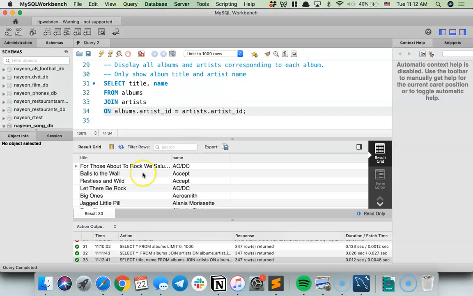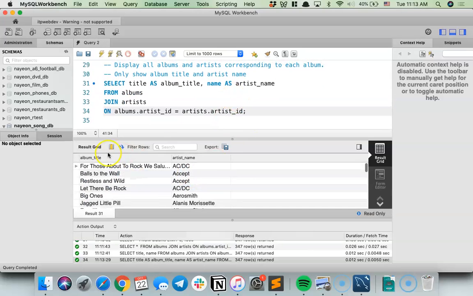Okay. And aliasing comes in kind of handy here, because now what does this column say? This column says title and then name, which is kind of generic, and title is a little bit confusing next to name. These columns aren't very descriptive. So this is where aliasing comes in handy. To alias anything, I just write the keyword AS. It's not completely renaming, it's temporary renaming. So I can say, select title, rename it and call it album title, for example. And then name, let's call this one artist name. Okay, now it's a little bit more obvious: album title and then artist name.